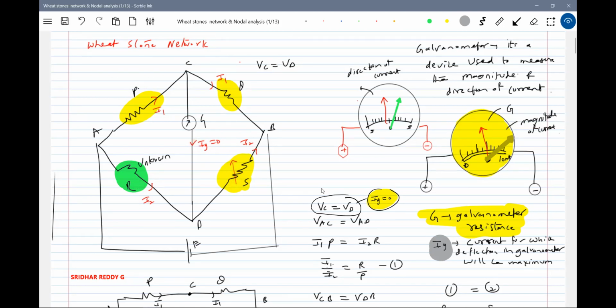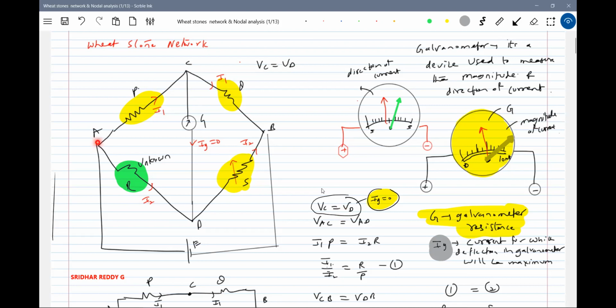How to check it's 0? For certain values of S, the pointer will be on the right side of 0. For certain values, the pointer will be on the left side of 0. Exactly at one point, the pointer will merge with the 0, and I'll see that no parallax is there. Then the current through the galvanometer is 0, and the potential at C should be equal to D. Because if the current is 0, no potential difference should occur, since current flows from high to lower potential. If there's no flow of current here, then these two should be at the same potential. So VC equals VD.